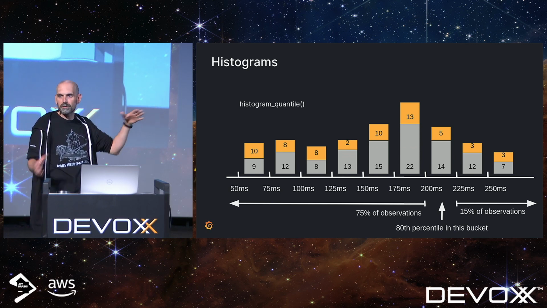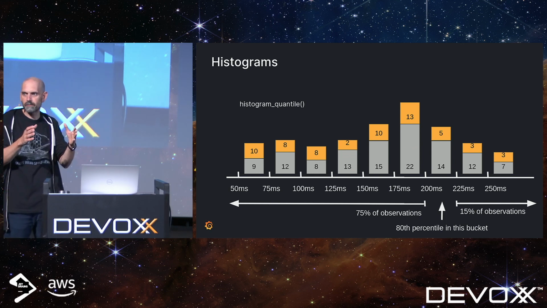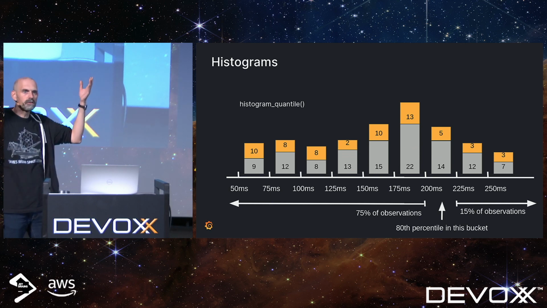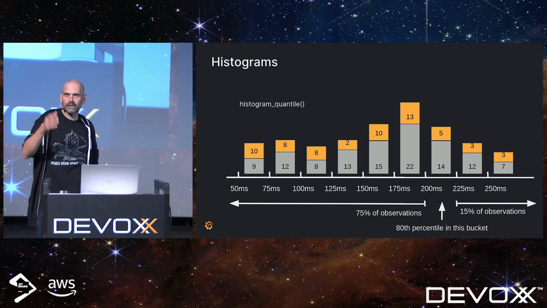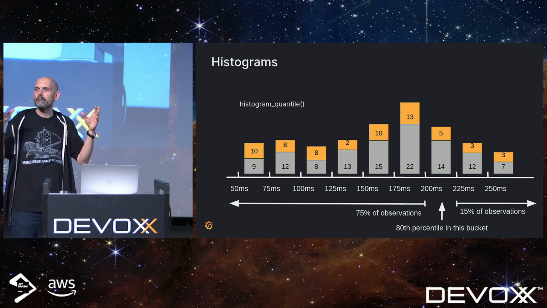You will not be able to know where it is in the bucket, but you find the bucket where it is. The most trivial thing you can do is take the middle of the bucket as an estimation, and then you have half the bucket width as a potential error, but that's good enough